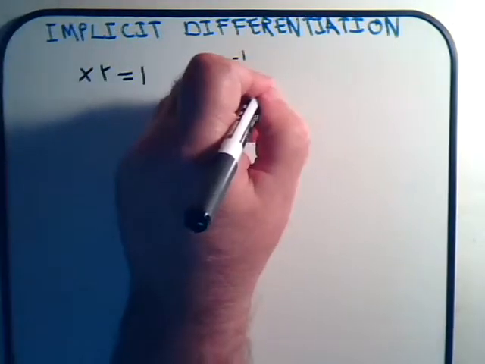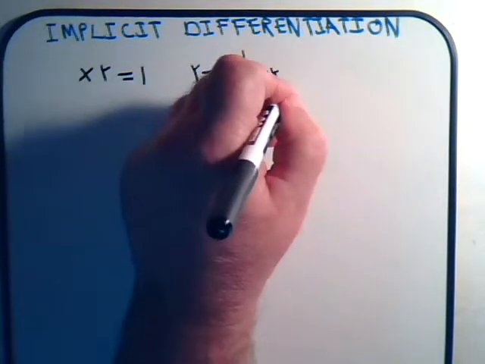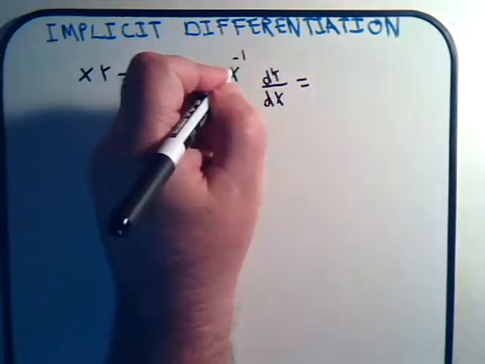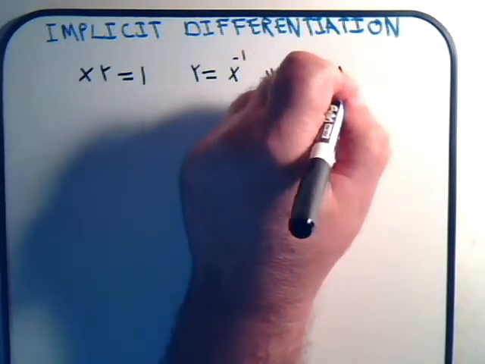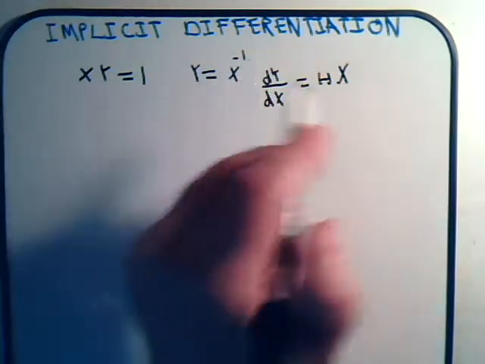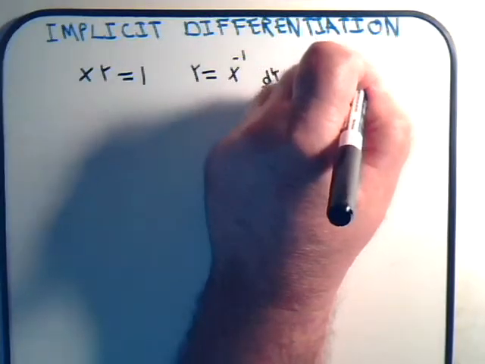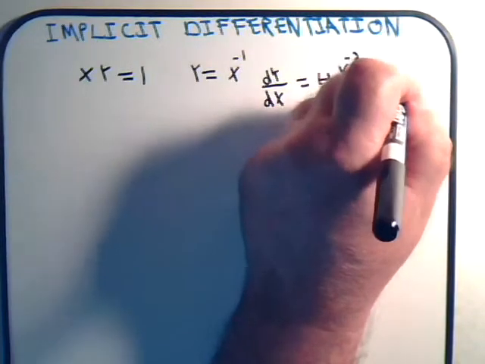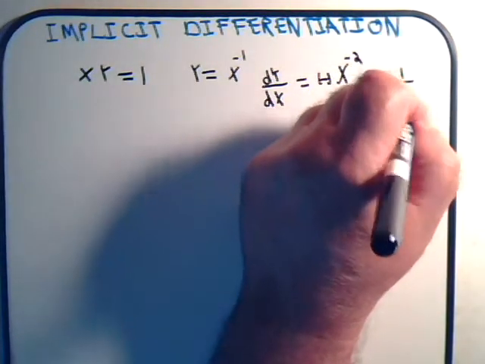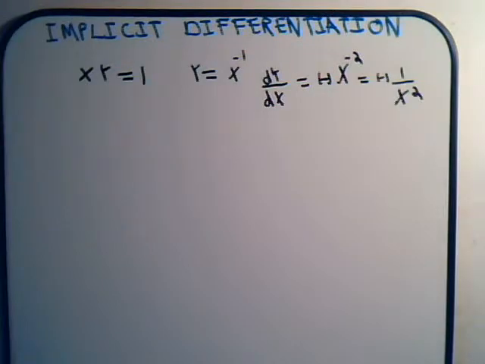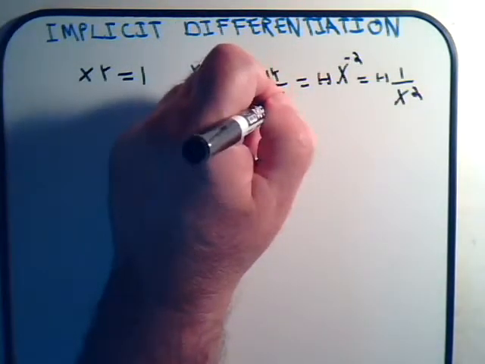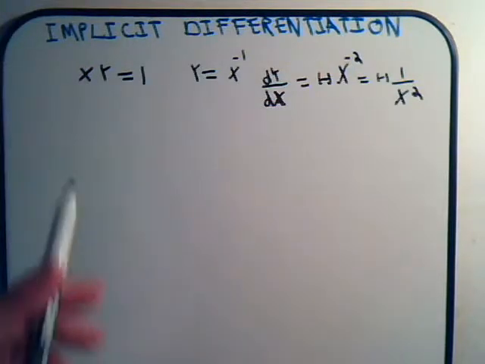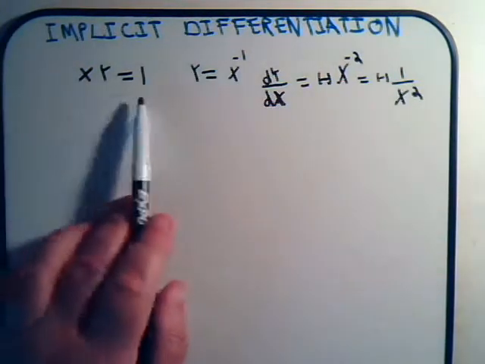So dy/dx would be equal to minus x to the minus 2, or that would be equal to minus 1 over x squared. And that is correct. What we want to do, though, is, as we did in the last video,